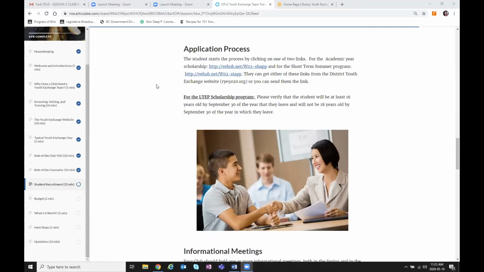And I think this year we did have one floated through with no Rotary. They didn't have an affiliation with the Rotary Club. They just knew about Rotary Youth Exchange. They clicked on the application and away they went. So we were able to match, I think that was Courtney, that we were able to match up the student with the club. And the club was thrilled. Like, the student came to them. They didn't even have to recruit.